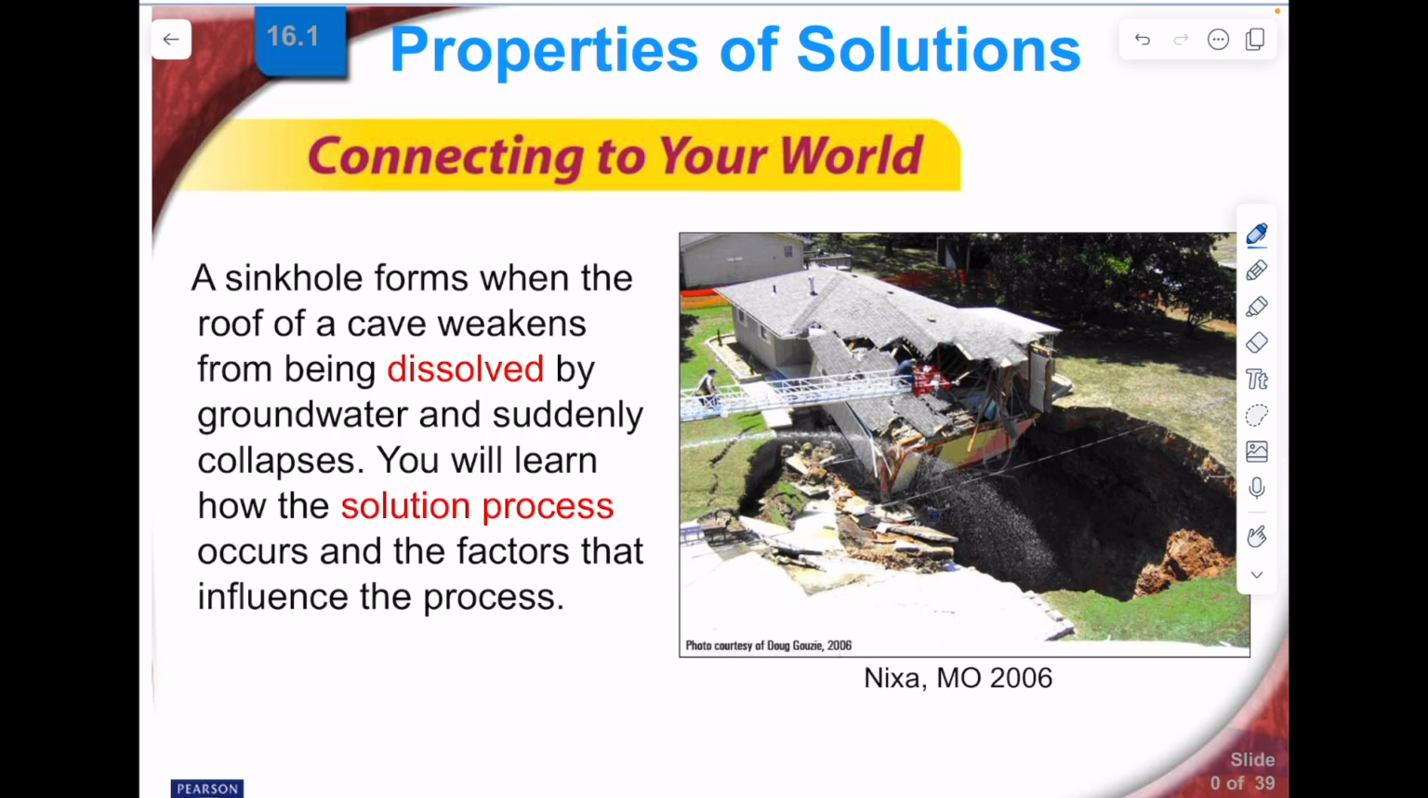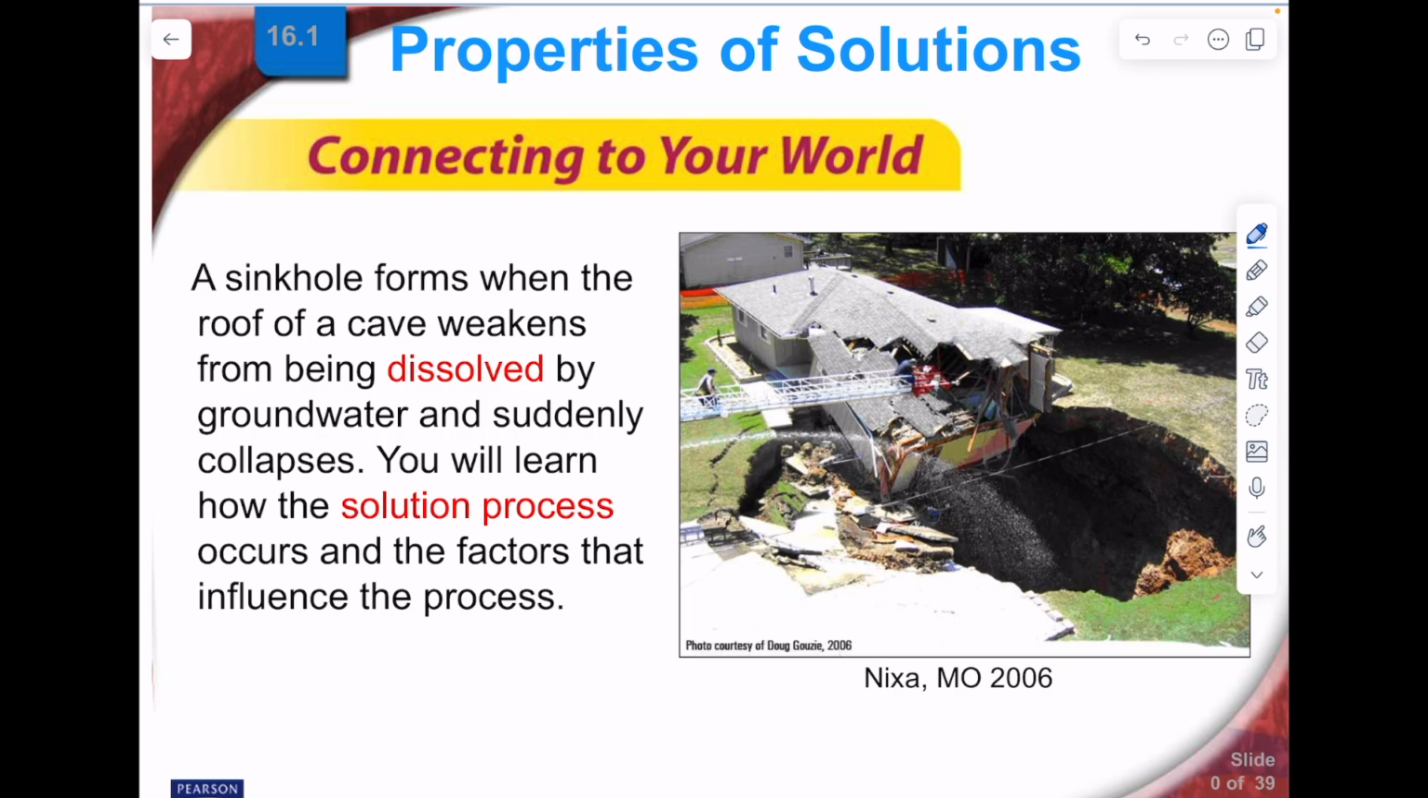This screencast is about the opening section in chapter 16 on solutions. You can see in this picture here what you should not do, or what could go wrong, if you want a bigger basement. In any case, not to dismiss the tragedy lightly,